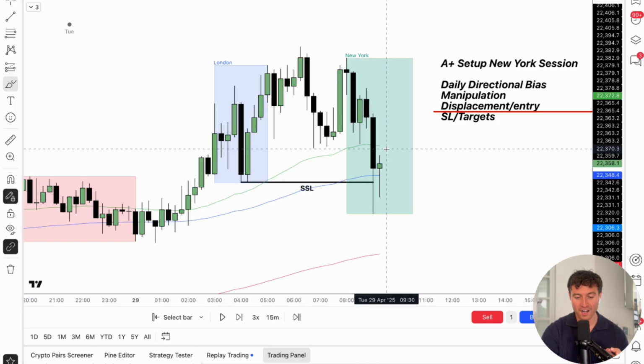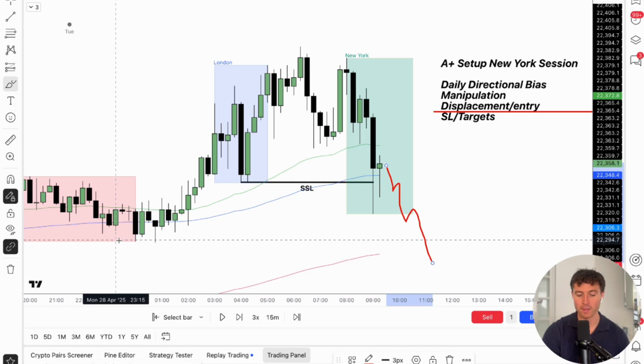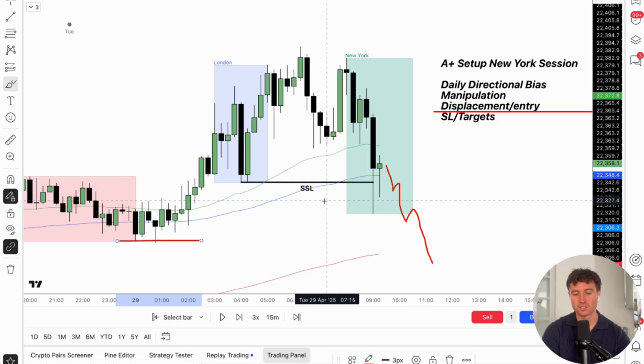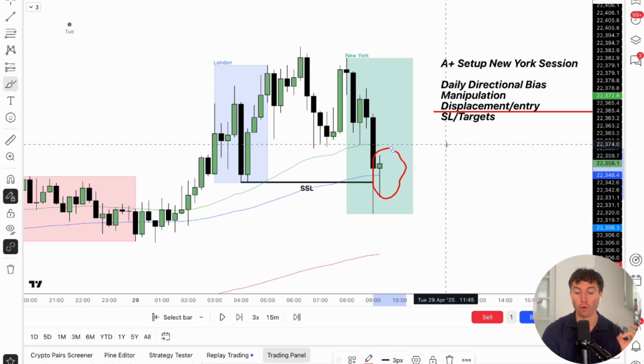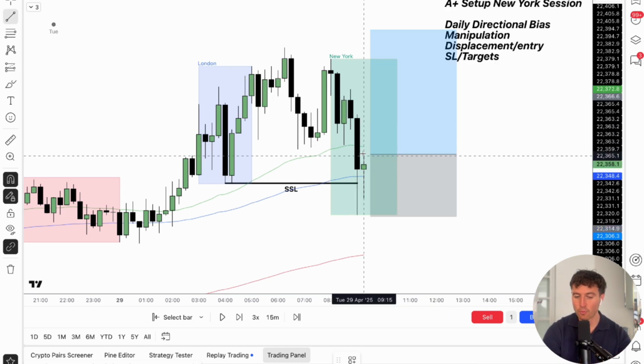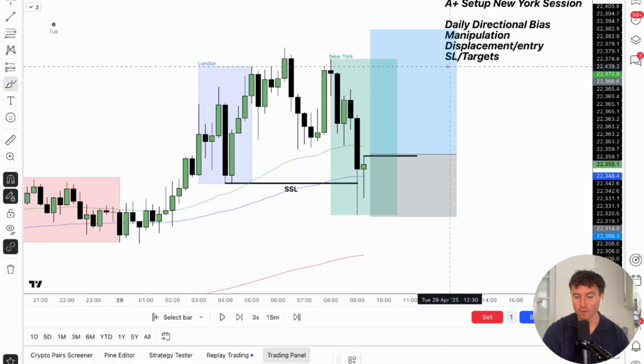Because if there's no buyers present in this market right now, then there's nothing stopping this market from just heading lower and maybe taking out this Asia session low. And so it's very important that you wait for a 15-minute displacement out of this area, and this right here is your confirmation. You can enter on the break of this 15-minute bullish candle high, and step number 4 is